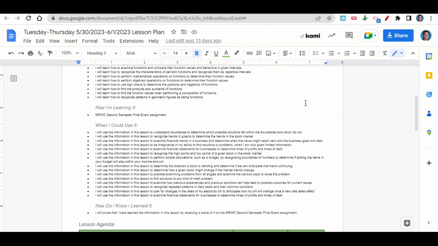To understand boundaries to determine which possible solutions fall within the boundaries and which do not, to recognize trends in graphs to determine the trends in the stock market, to examine financial trends in a business to determine when the value might reach zero and the company goes into debt, to be imaginative in your ability to find solutions to problems when only given limited information, to examine financial statements for businesses to determine times of profit and times of debt, to recognize high points and low points of a given stock in the stock market,